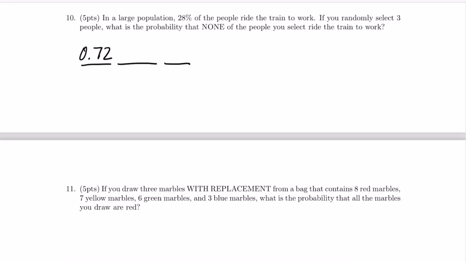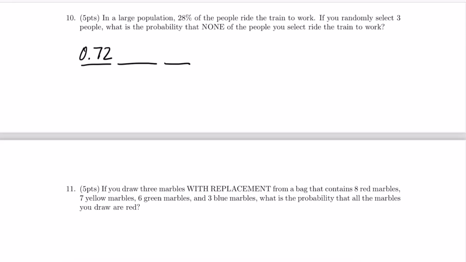And then the second probability, when I select the second person, is technically going to be a little bit smaller than this because we removed one person from the population. However, we don't know the size of the population, so we can't figure exactly how much smaller it is. And also, in a large population where you have millions or even billions of people, removing one person doesn't change the overall likelihood of selecting another person who doesn't ride the train to work significantly enough that we need